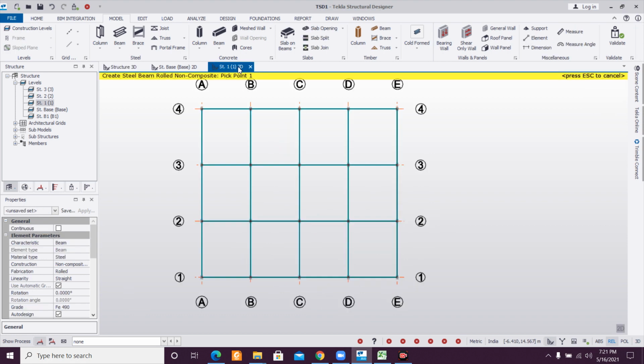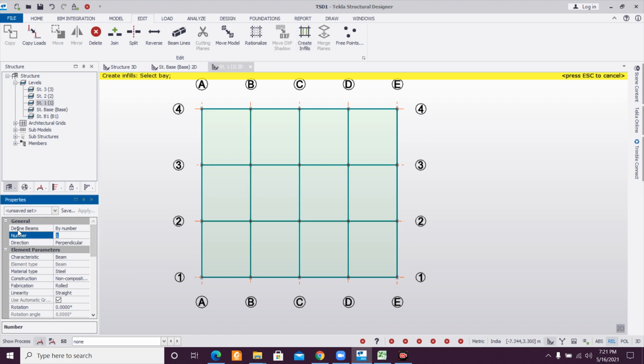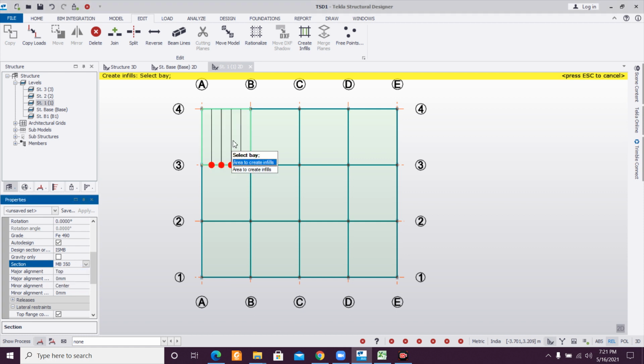Now I can just simply create some infill beams. You will go to model, or you can go to this option of your edit, and you have separate option here, create infills, and I'll go create infills by a number. Let me go for 4 infill beams, and then you can also select the grade, and the section also you can select. So I'll go with this section,